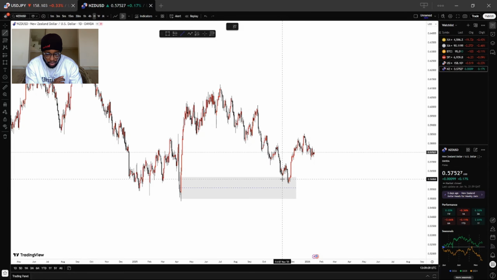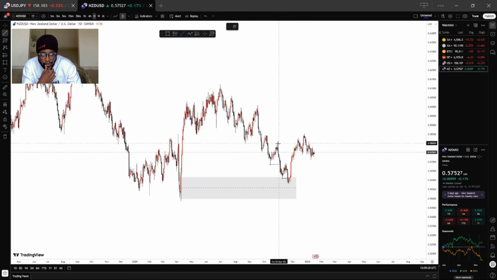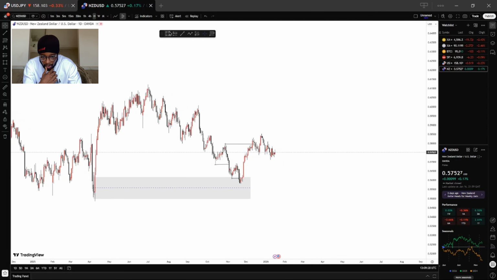As you can see, there's a break of structure here, a break of structure right here too, a break of structure here, and a strong reversal here. This strong high was taken, so at least I'm expecting a pullback, which I think might not happen because there's